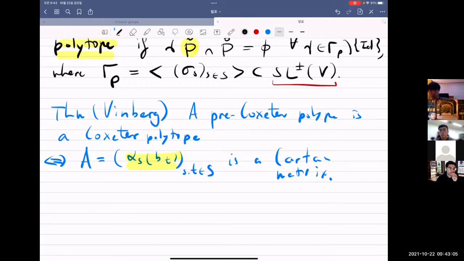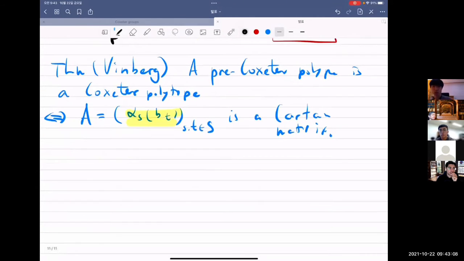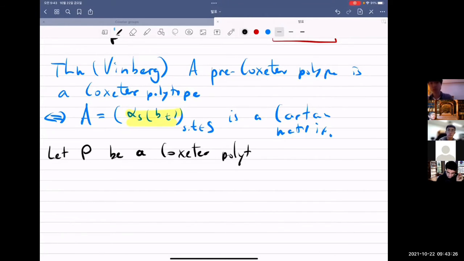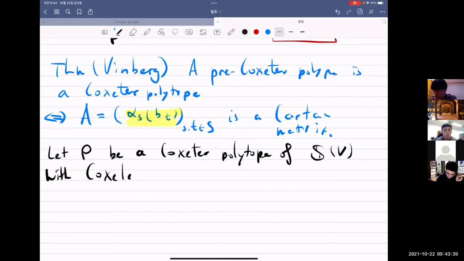And moreover, Vinberg proved a nice property of this representation coming from the Coxeter superlatives. So let P be a Coxeter superlative. Of course, I should write it as a pair, but sometimes it's easier to just denote it by P. Okay, so the Coxeter superlative P with the Coxeter group WP